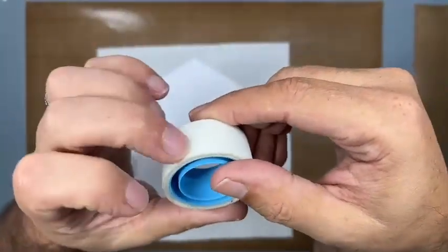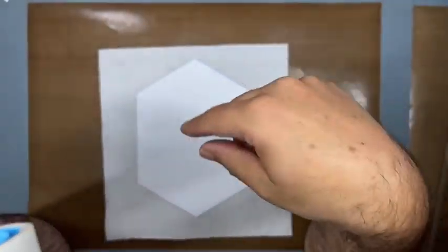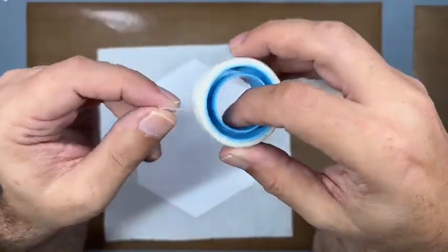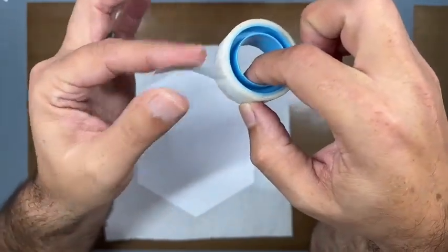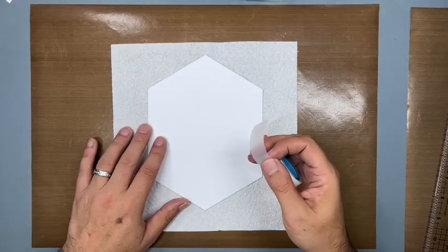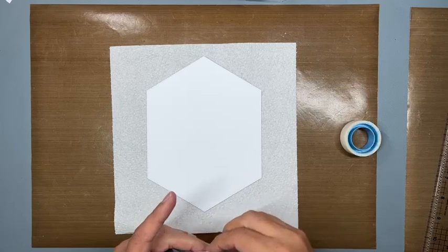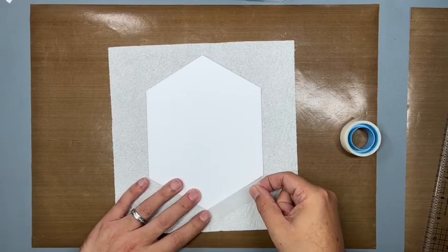This is the Scotch removable tape. You can do this with washi tape. So if you've got washi tape already, it's the same sort of thing, but the Scotch removable tape is fabulous because it's just the right amount of tacky that it won't move, but it also peels off without leaving any residue. So I'm just going to put the first one on,